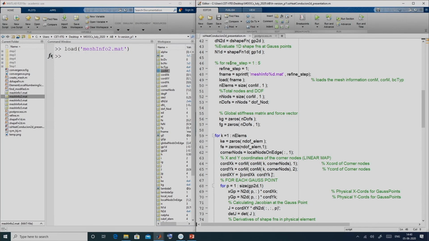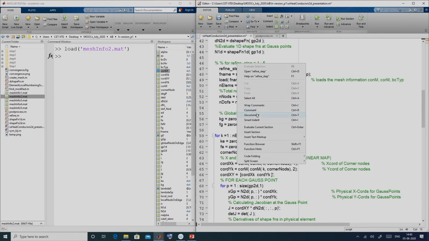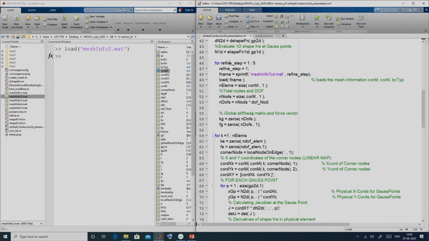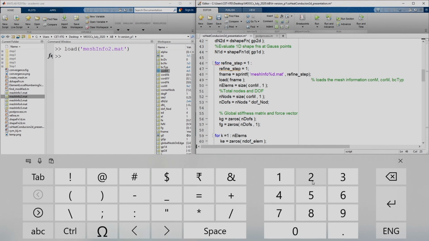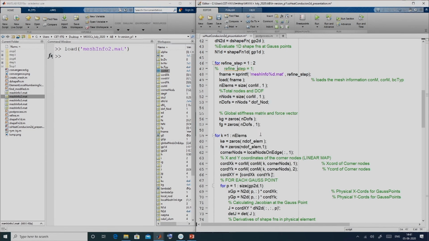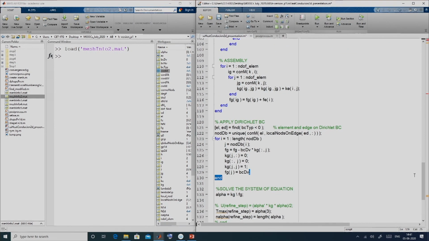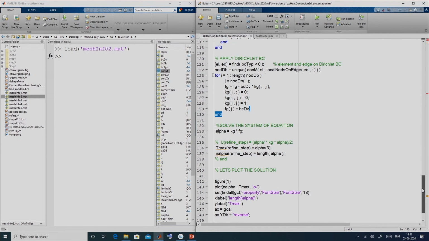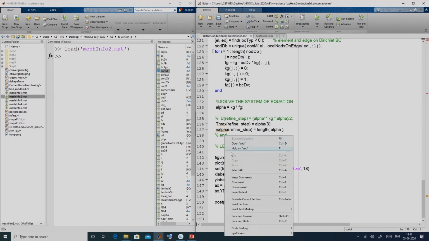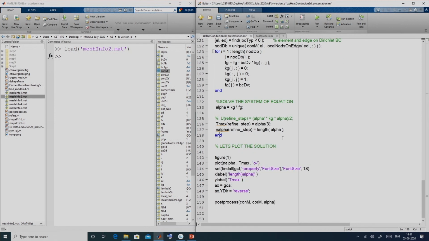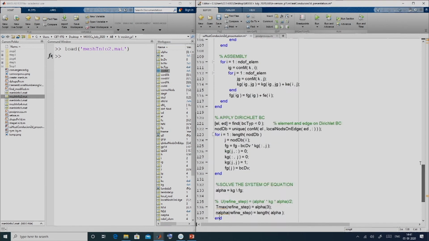So let me demonstrate it by running it with, so if I make it as 2, right, let us comment this, okay, and we have to open the corresponding end because this is running over the refinement step.